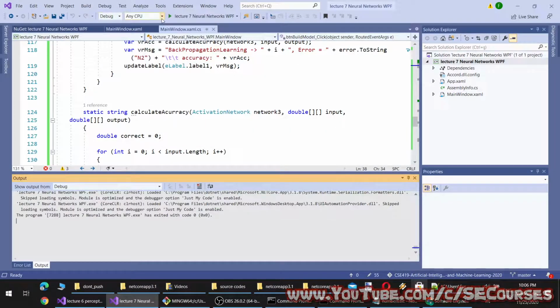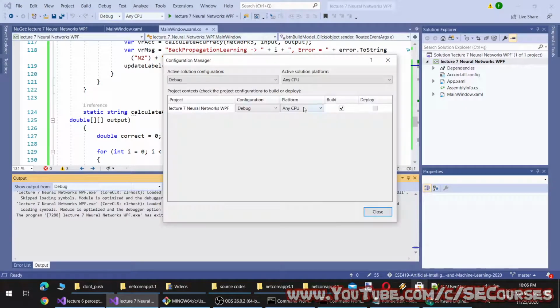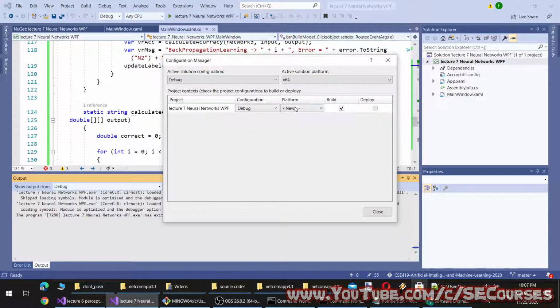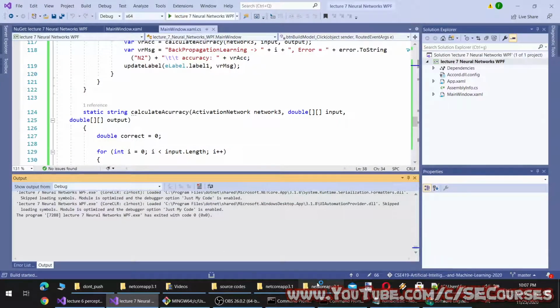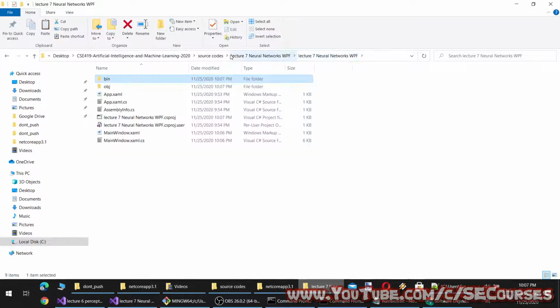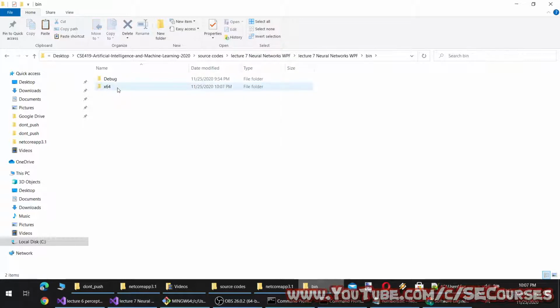Therefore, you have to copy and paste the data there. Okay, now it's 64-bit, and when I click run, I am copying and pasting data to the new folder here, as you can see.